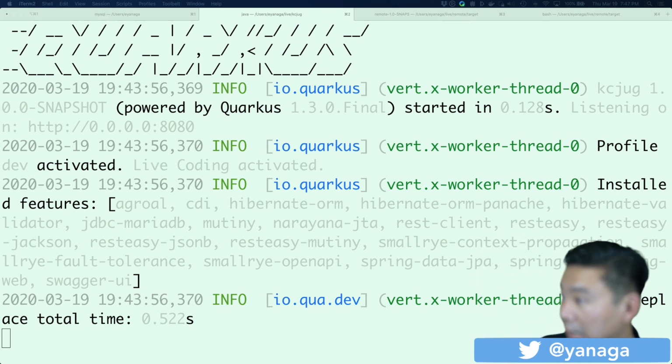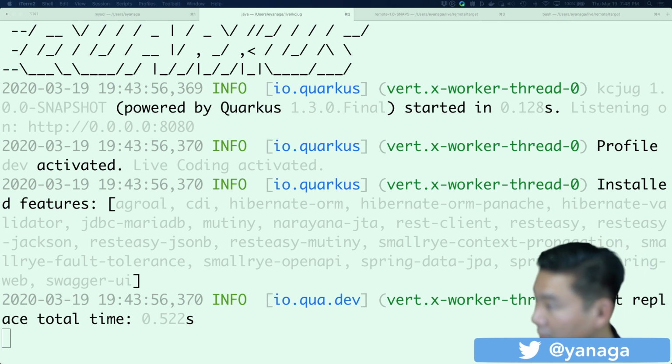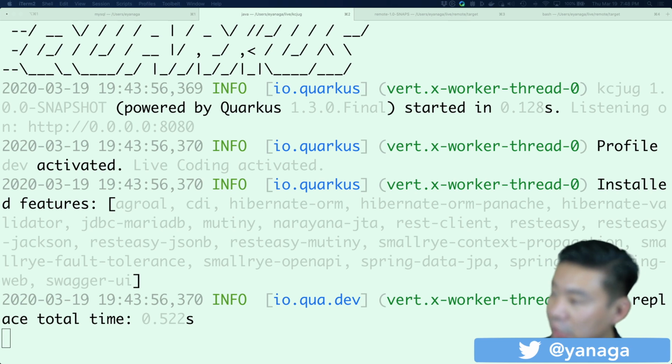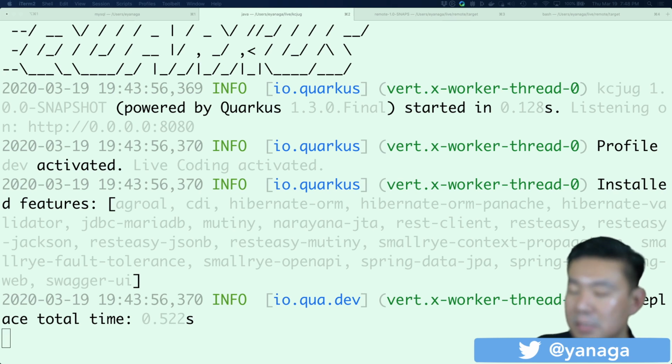So how did Quarkus achieve the fastest startup time? As I mentioned before, it's because Quarkus does everything at build time. That's the magic behind Quarkus. Dependency injection is done at compile time. Most of the DI rules are done at build time, yes. So when you boot your Quarkus application, almost everything is already ready. You don't have to process anything.